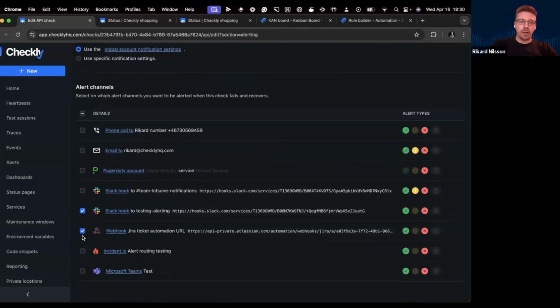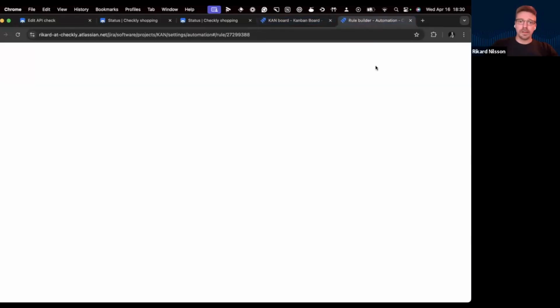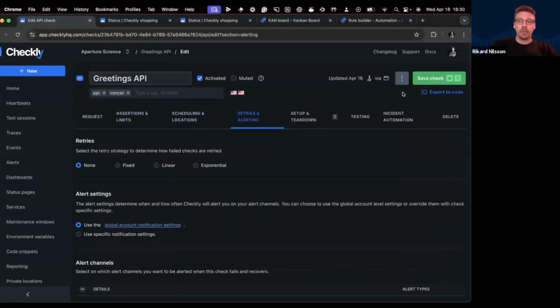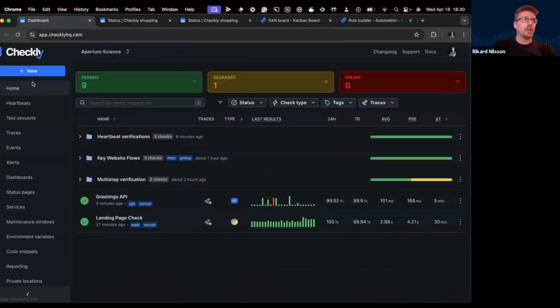Here I've gone ahead and set up a webhook to automate Jira ticket creation, right? Jira has their automation tool. So I'm just going to say that whenever I get an incoming webhook from this URL with a specific secret, then go ahead and create a new task in this project and link it to the failing check, essentially. So with all of that in place, go ahead and save this, and then let's see if we can break our API check